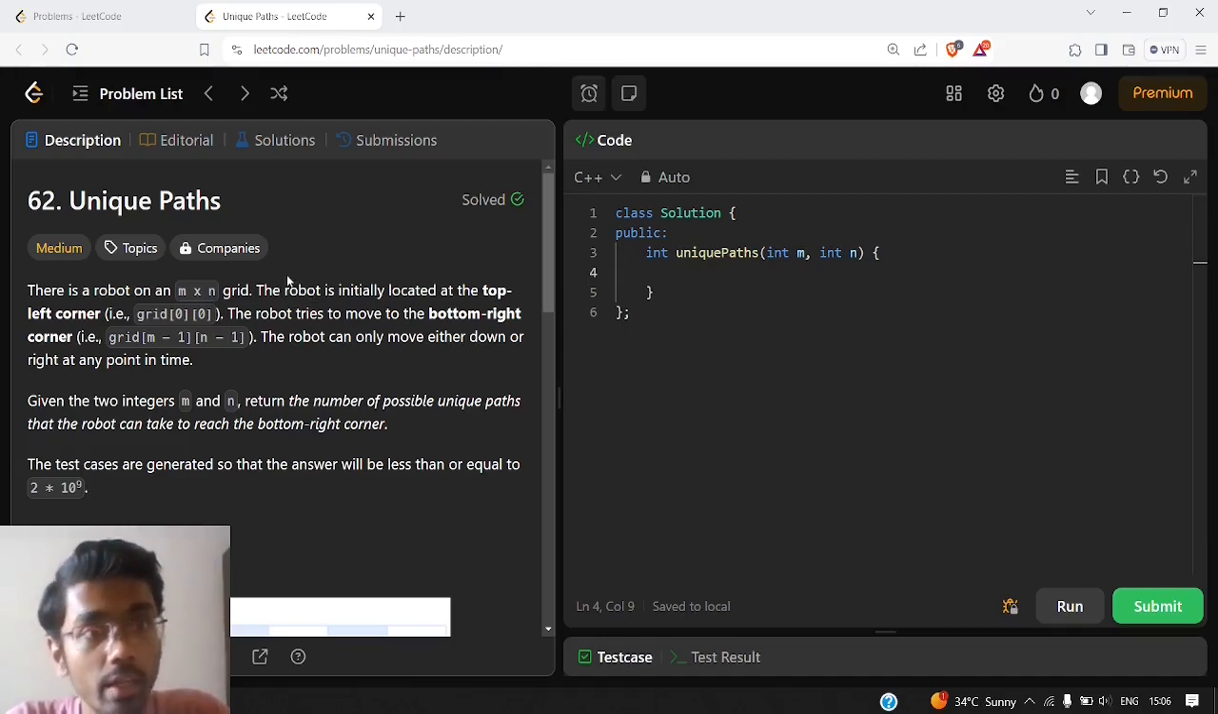So hello everyone, let us solve another LeetCode question, that is Unique Paths. Let us read the problem statement first. We are given that there is a robot on an M cross N grid, and the robot is initially located at the top left corner, that is 0, 0, and he wants to reach the bottom right cell, that is M minus 1, N minus 1, and the robot can either move down or it can go to the